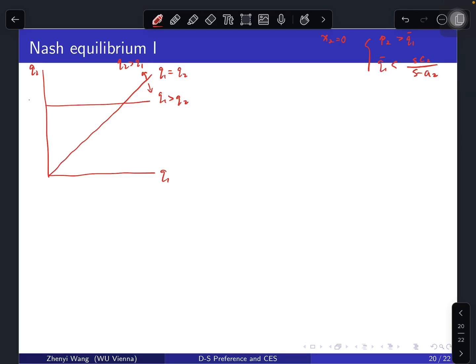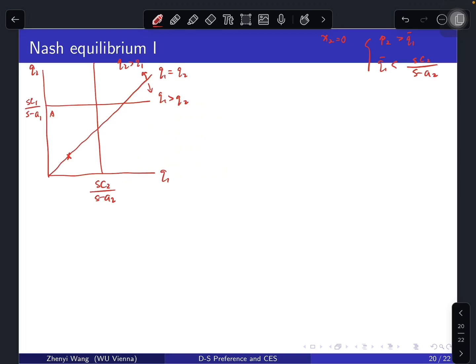Then let's take the level of SC1 over S minus A1, and here is the level of SC2 over S minus A2. Okay, at the beginning, if we start from an equilibrium point on the 45-degree line, at a relatively lower price level,